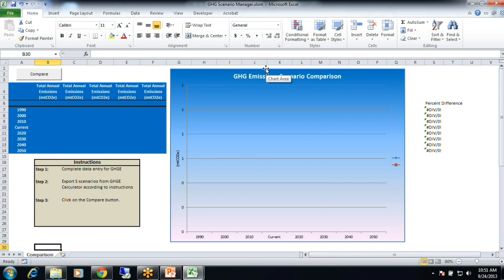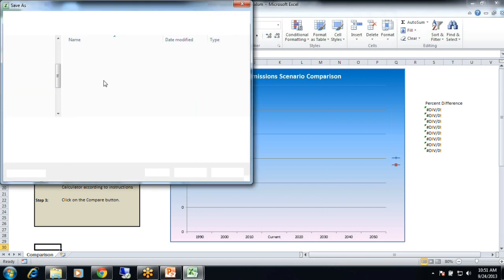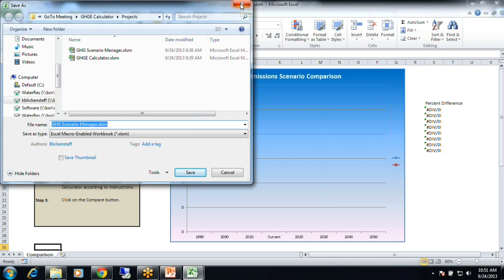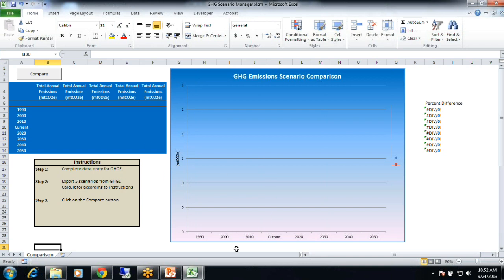So that reminds me of another thing. If you go through and create a bunch of scenarios and you want to save it, what I recommend you do is go over to File and Save As, and save your scenario analysis under a different name. You can keep a blank file called Greenhouse Gas Scenario Manager so that the next time you use the tool and export things, it doesn't break the macro. It'll continue to export to the proper file, and the analysis will work properly. So say this was your conservation scenario. You just name it conservation or whatever you want to name it and save it that way. And then that always leaves a fresh one to open in your file that you downloaded.